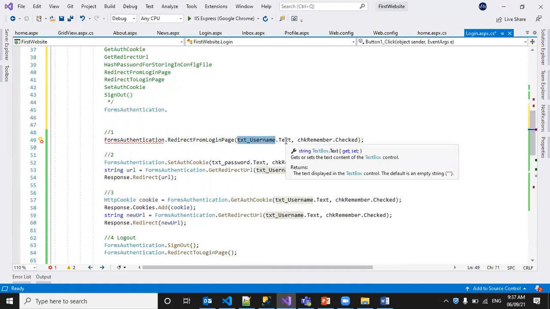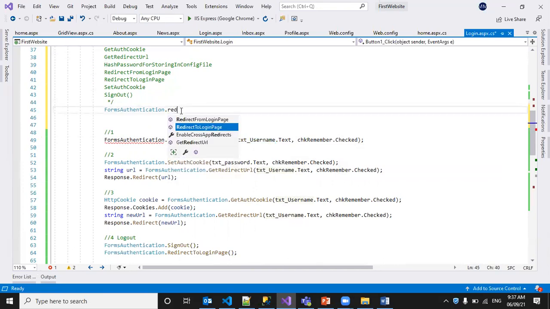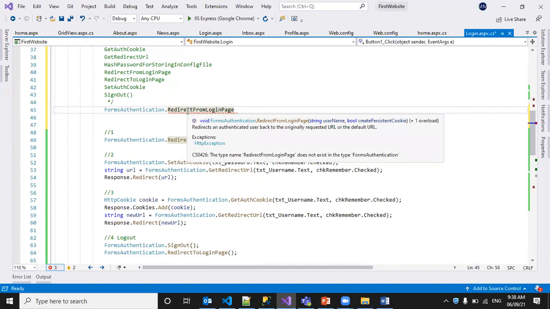It uses this username and whether, just a second. Oh, sorry. See here, it has two overloads. Let's check them.